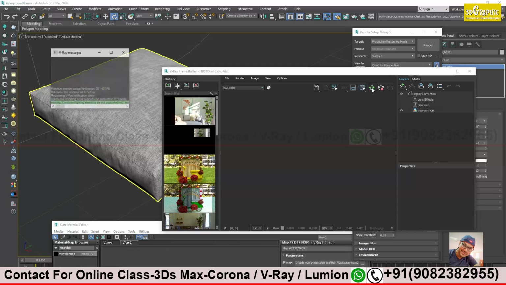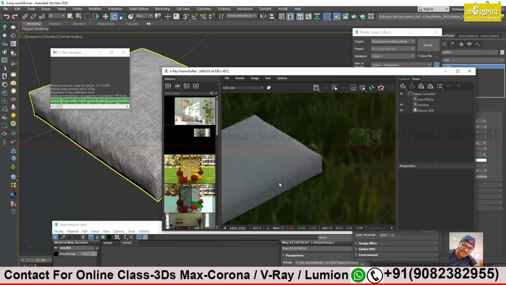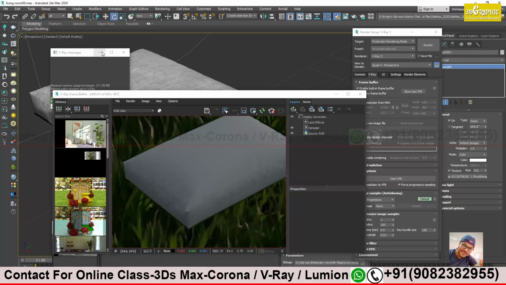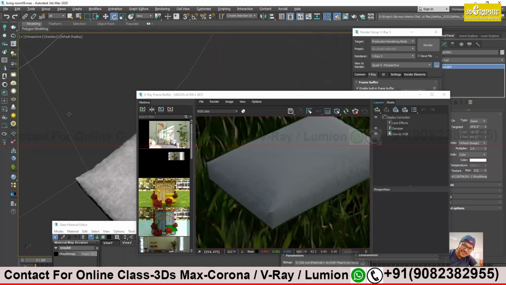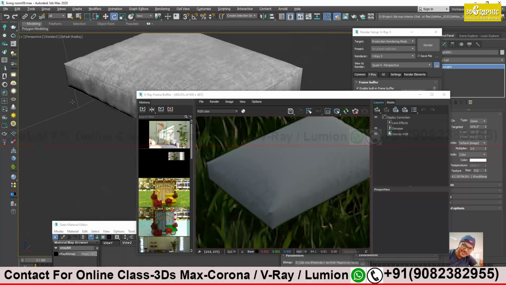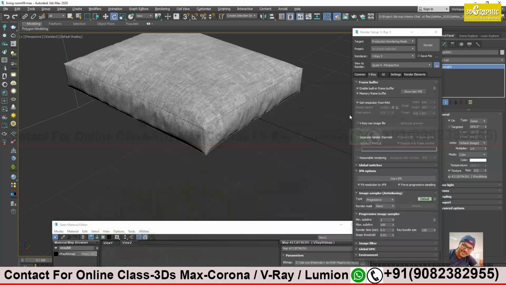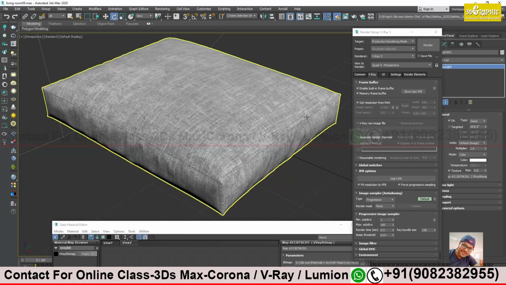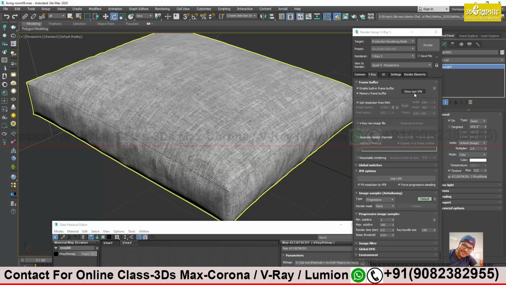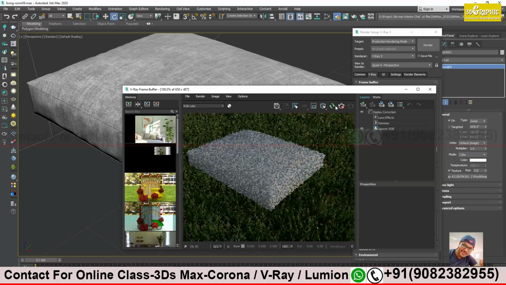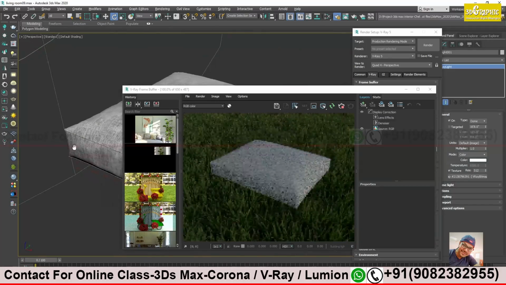Let's say test render. One second. I think this is coming from the camera view, no? There's no camera. This should not be. Wait, let me lock. Because I have zoomed over here, it should come very close to the view, no? It's not coming like that. It should go. Yeah, now it's coming very close. See? Now it's coming proper.